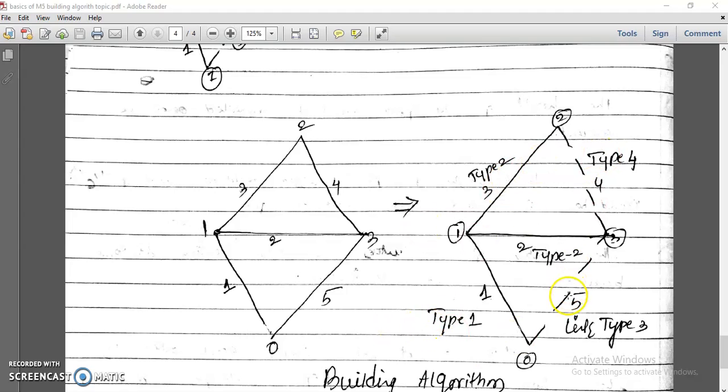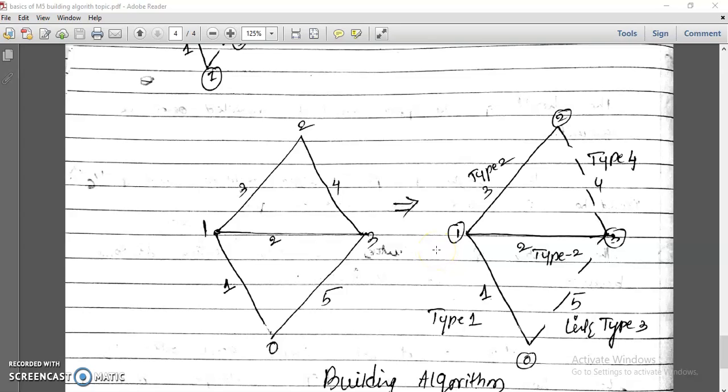Wherever you get a link, and one thing: if you are adding a branch, always an extra row and column gets added. Whereas if you are adding a link, at the start the extra row and column gets added, afterwards that has to be removed. So it means a fictitious node is created in a link. Therefore for branches, once you add a particular element to the network, an extra row and column gets added. So Z bus 1, Z bus 2, 3, like that, total 5 Z buses you have to form. The fifth one will be the final Z bus. That answer you can check by the inspection method. Okay, this is nothing but the building algorithm.